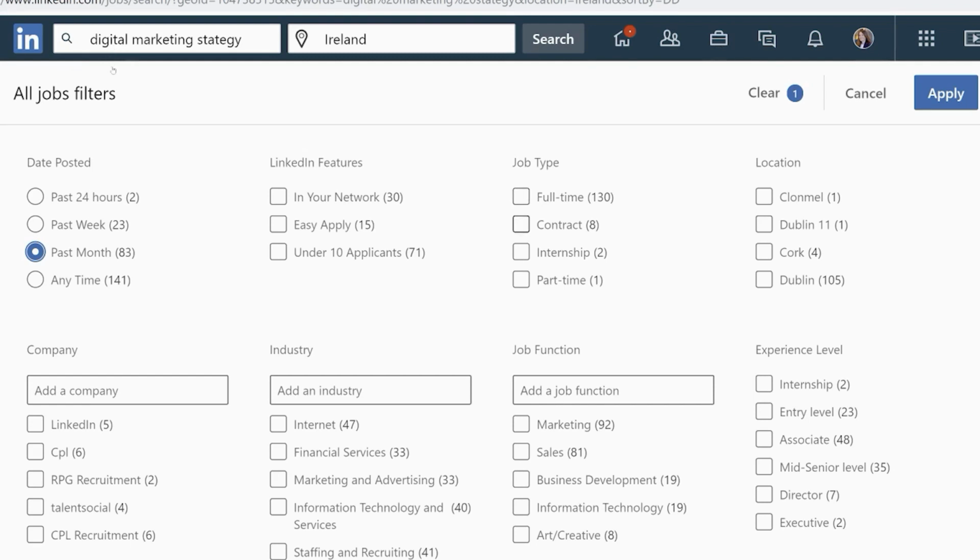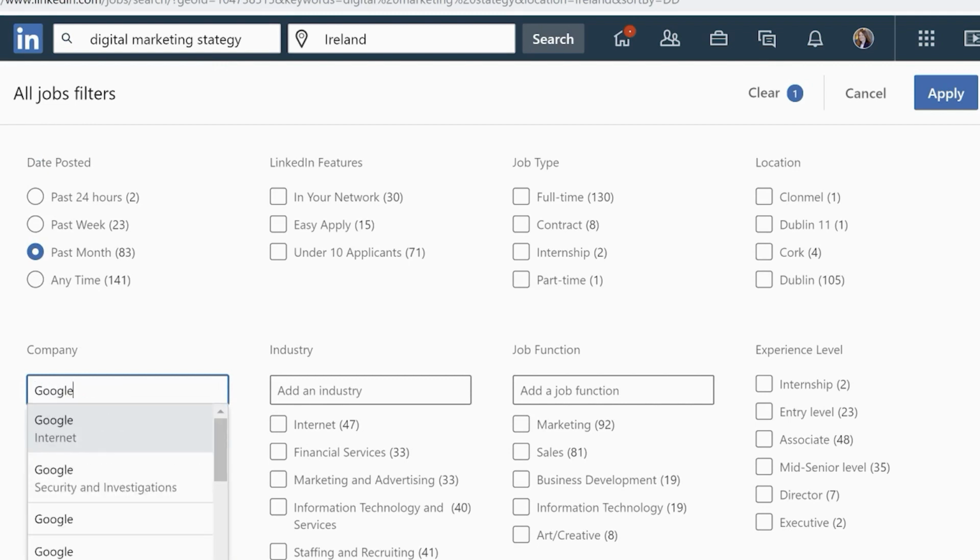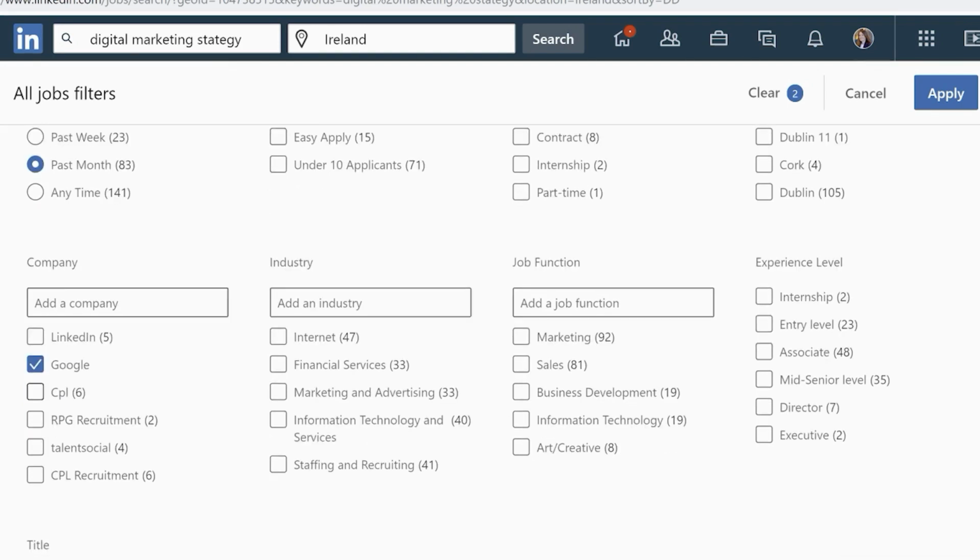And then if you're quite particular about what you want, if you know that, look, I only want a contract, you could tick that as well, or full-time, whichever you want. And then locations. Can you see there, Dublin 105, and Cork has 4. If we move on, we can see the company breakdown over here, but you can also add in a company. So let's say Google isn't mentioned in that. If I type in Google, it doesn't have any jobs, unfortunately.